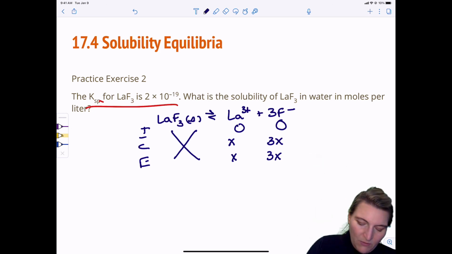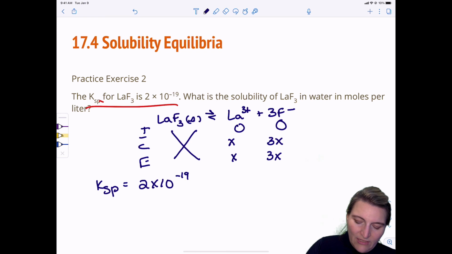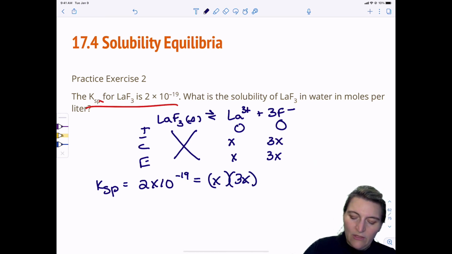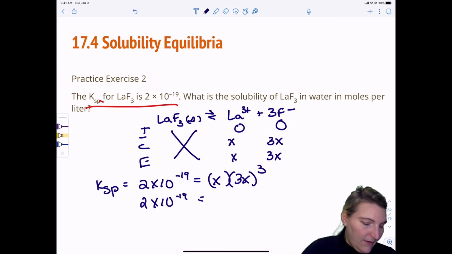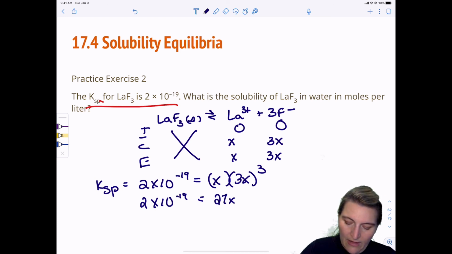And then the Ksp, which is 2 times 10 to the negative 19, equals x times (3x) cubed, which is, what the heck does that equal? 27x to the 4th, and that means x is equal to, and that would of course be the concentration of the